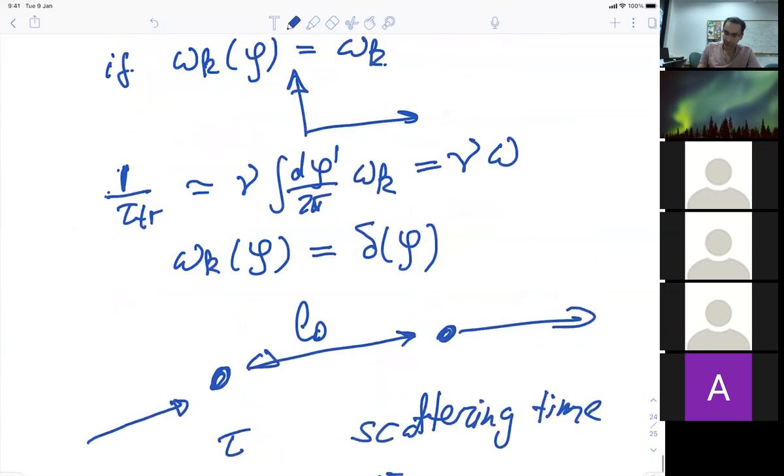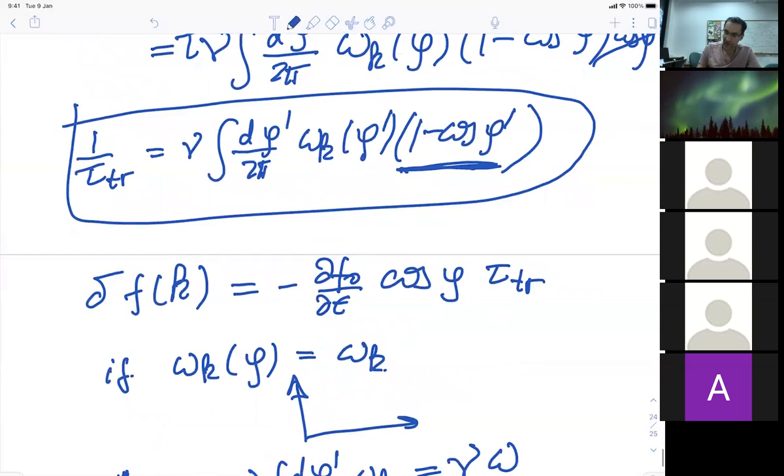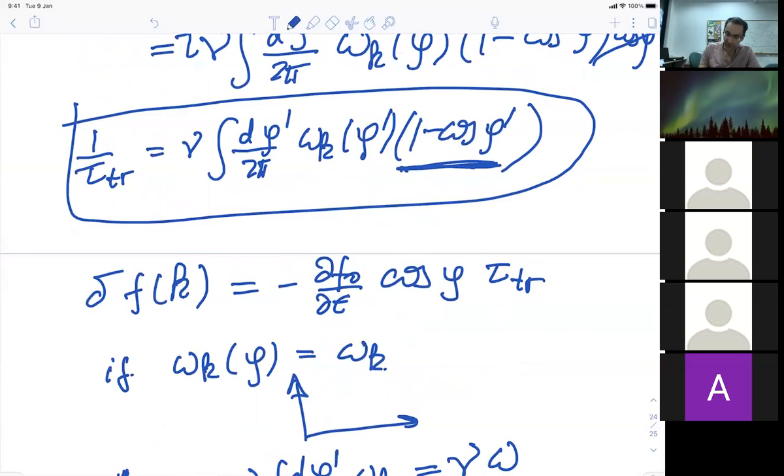And this time will be precisely this equation, but without the cosine term. So you have a scattering probability W to scatter at some angle phi. You integrate it over all angles, and you get the typical scattering time, how frequent electrons scatter off the impurities. Now, what we find in this formula is not just the scattering time; it's 1 minus cosine phi.